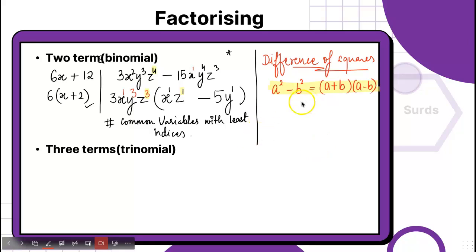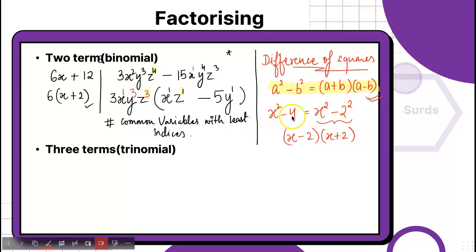Based on this, whatever questions we get, we get questions like, say for example, x squared minus 4. It's 2 there, so x squared minus 4 can be written as x squared minus 2 squared. So it becomes the same difference of squares. We can write it as x minus 2 and x plus 2. When we have difference of squares, what do we do?